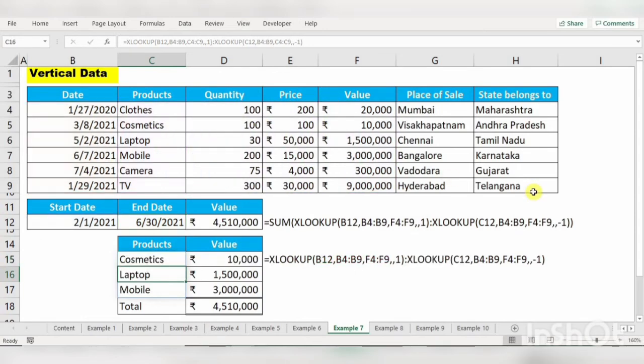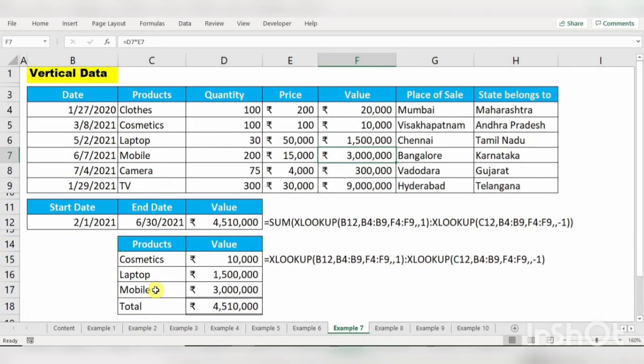Once I give enter, we will get under cosmetic 10,000, laptop 1.5 million and mobile 3 million. You will get the product along with the breakup value. See how amazing this function is. Really, if you are preparing any dashboard reports, this will help you a lot.